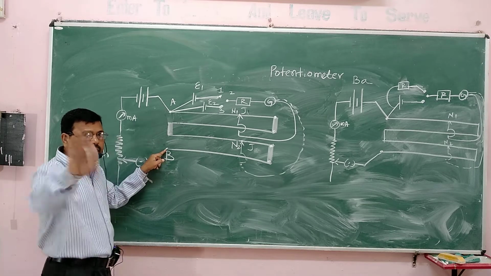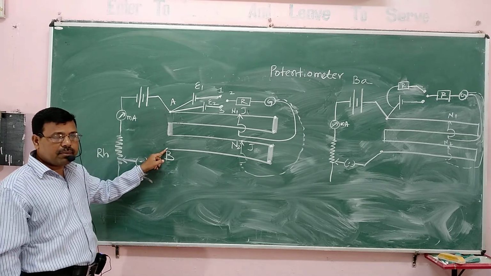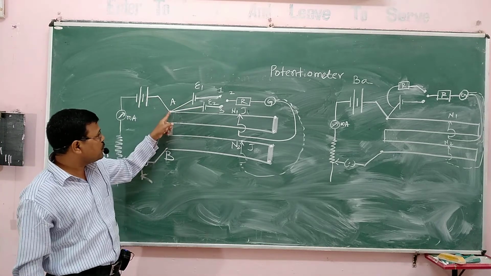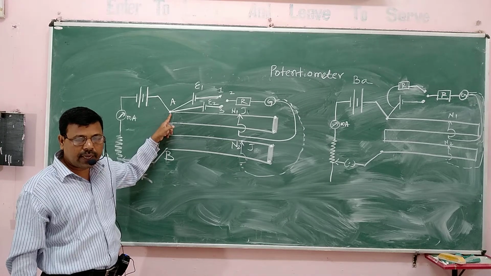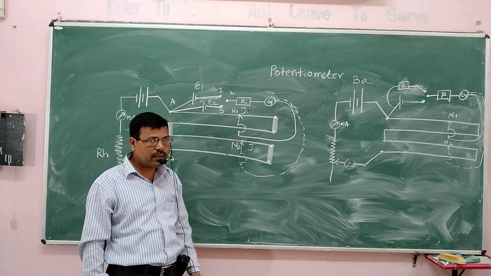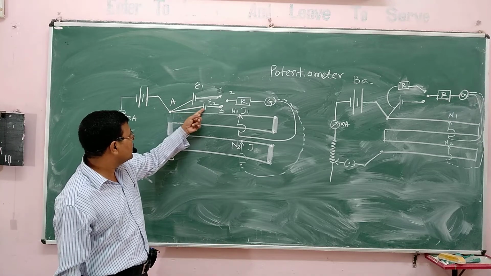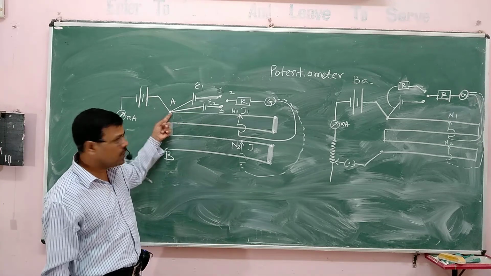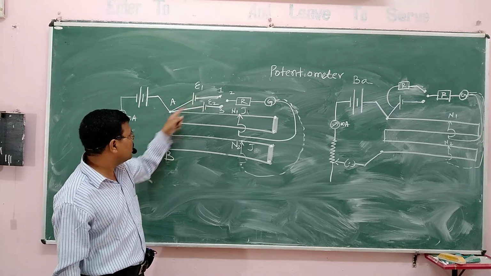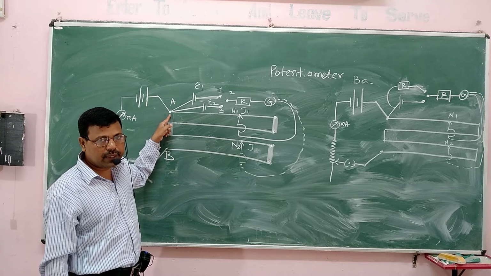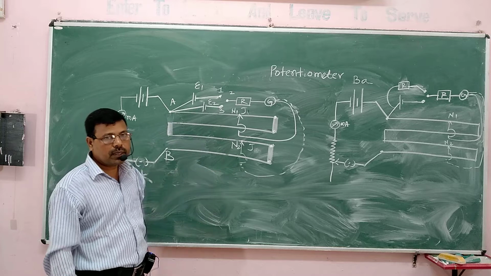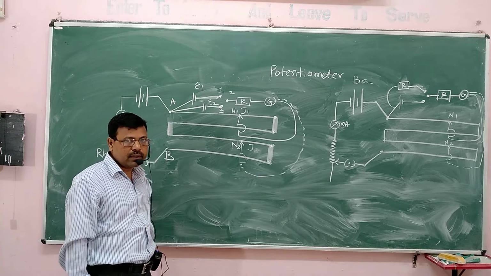The second defect may be that if all these 3 positives are not connected to the point A, then the galvanometer gives one-sided deflection. So, all the 3 positives, of the battery, the cell 1 and the cell 2, should be connected to the point A. Otherwise, the galvanometer gives one-side deflection.